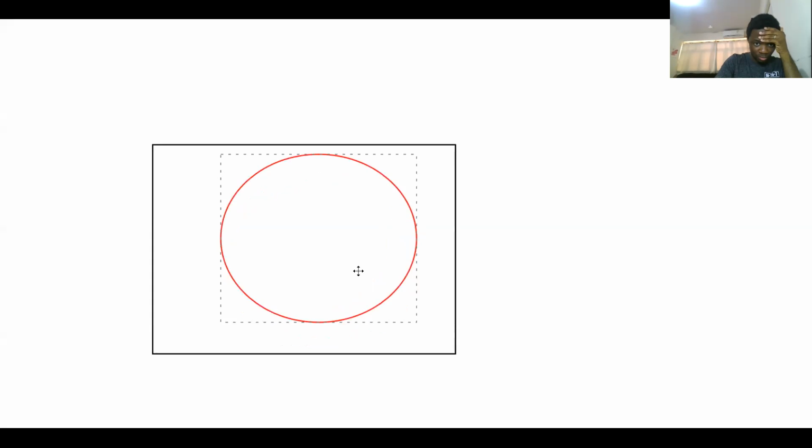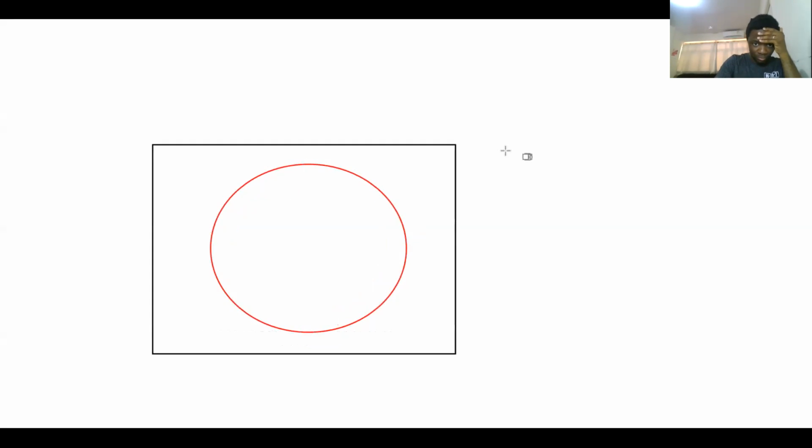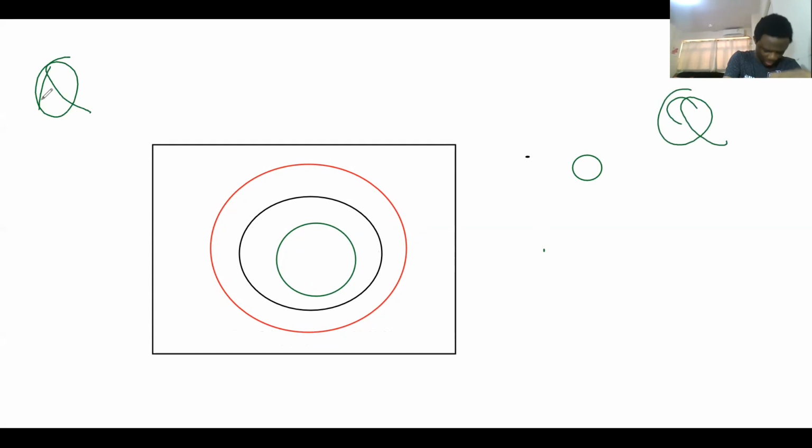So let's say this is the bigger one, and there's another one, then there's another one. Okay, so you have set Q. You know what set that is? Set Z and set N. You know what this set is?